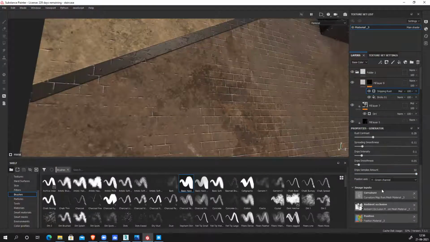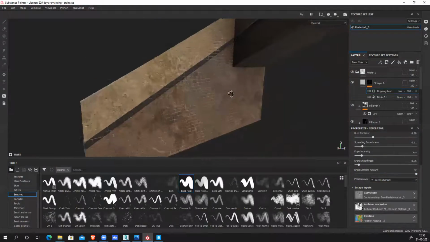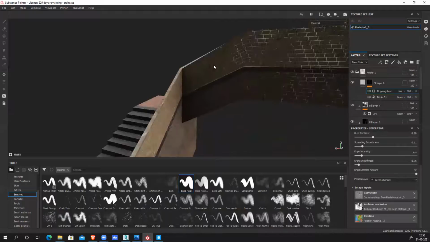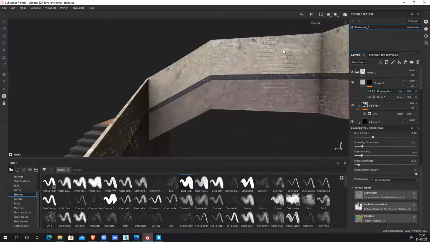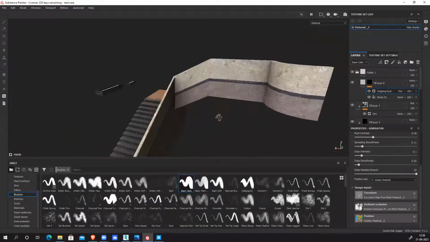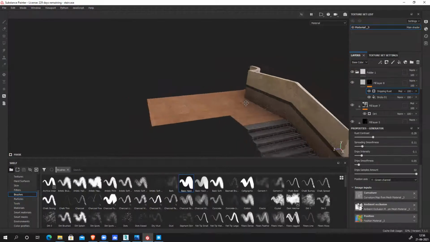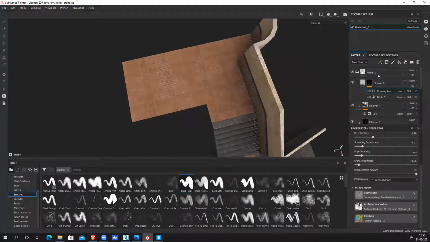All this thing I can modify, so it will be random. See, this part is completely flat base texture, but somewhere in a few areas I have those exposed brick things.